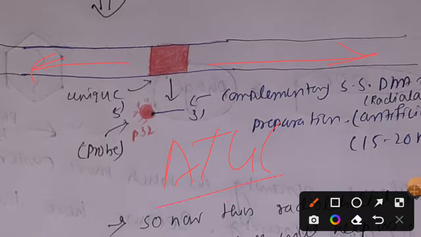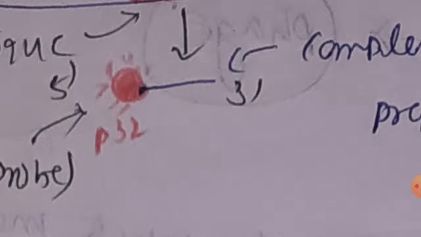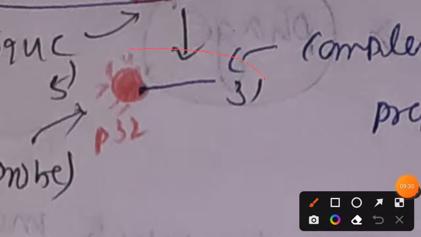So if you use a complementary single stranded DNA of 3 to 4 nucleotides, then there will be a probability that it will mismatch with the rest of the gene of interest, right? So you have to keep in your mind that the complementary single stranded DNA molecule should be 15 to 20 nucleotides long. Okay, so now this complementary probe, I should say, will help us